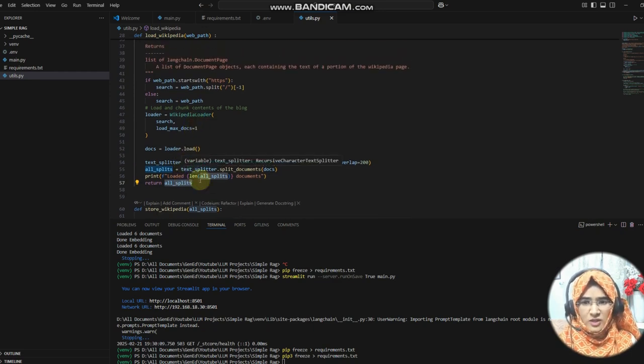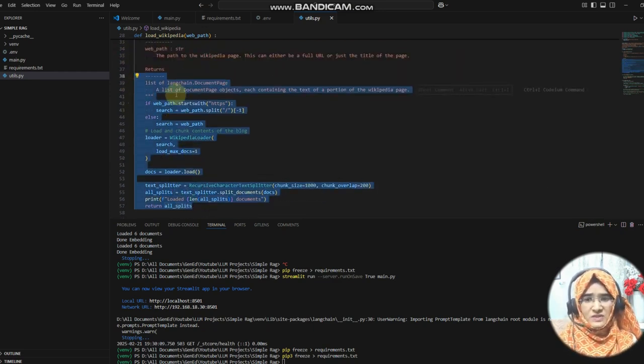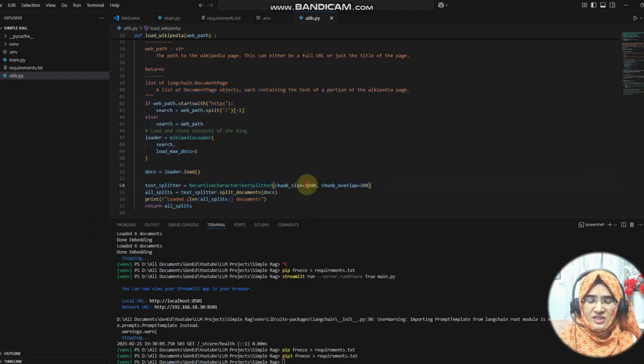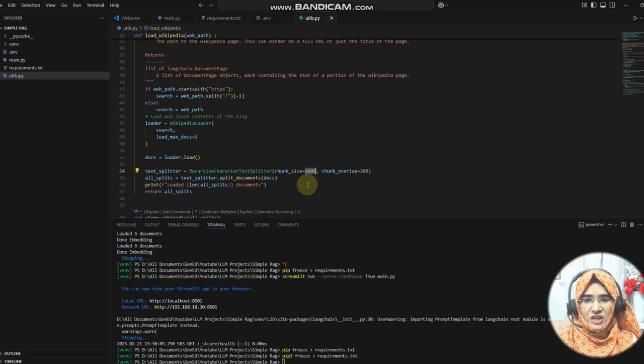So in this particular function, what is happening? It is taking the article name or the topic name, loading that particular topic from the Wikipedia search, and then splitting it into multiple chunks. Right. So this is how we are using it. Chunks mean that if you have one sentence, it is divided into one, two, three chunks. So these are the chunks, right? We are also defining the chunk size here, 1,000. So we are defining that it can split the data into chunks of 1,000. And this is all about this particular function.